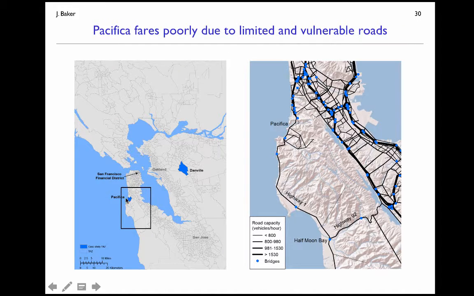Let's take a look at Pacifica. So Pacifica is out to the west. They don't necessarily have to cross over the bay to get to job centers, but this community has a limited number of roads to get to other portions of the network. If we zoom in on the right panel here, we have Pacifica, and it's connected by only Highway 1, heading to the north up towards San Francisco, and then heading to the south to roads crossing over the Santa Cruz Mountains and on further south. And so if this Highway 1 is disrupted, Pacifica is quite sensitive to that, not having additional alternate routes for transportation.